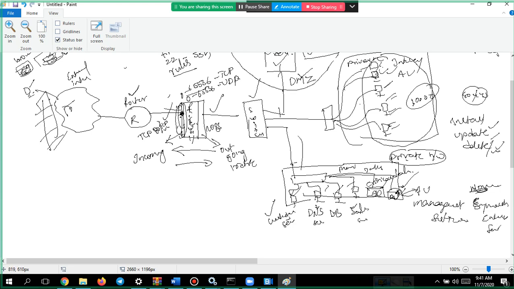He won't have access to the DNS server sitting here. An IT admin sitting here should be able to access the Active Directory or antivirus, this kind of system, but doesn't have access to any other systems. You will be giving privileges only to the right people to access the right data.